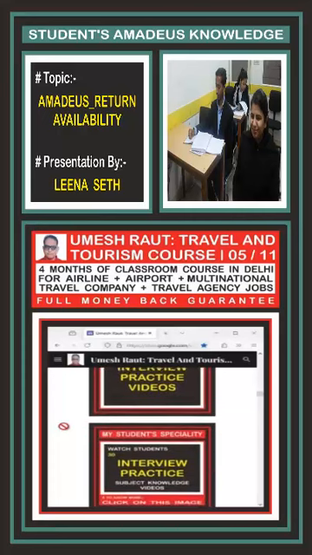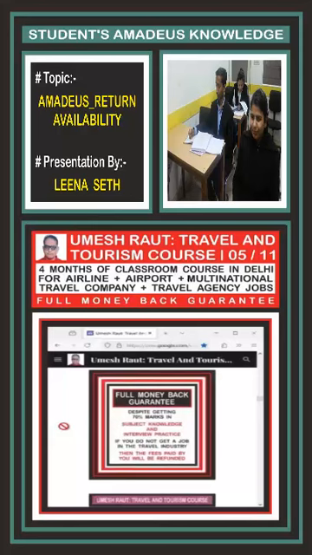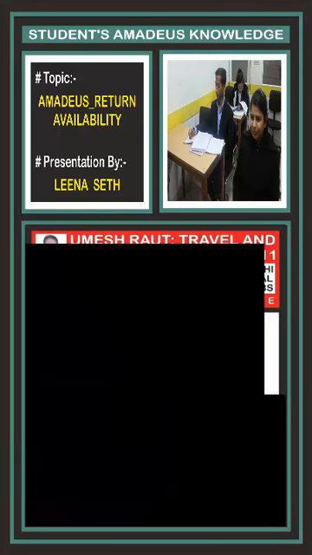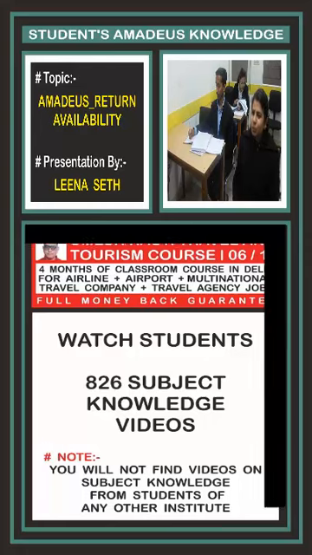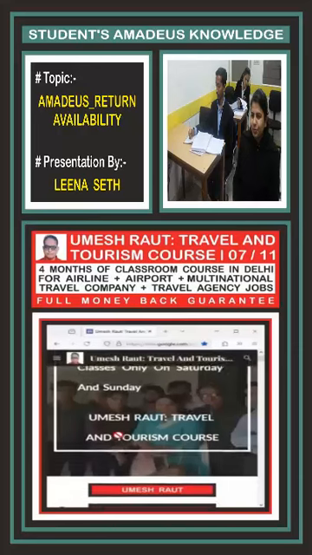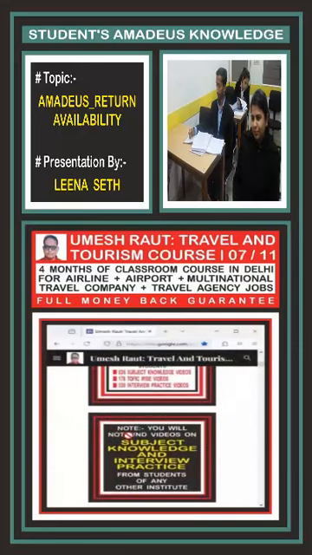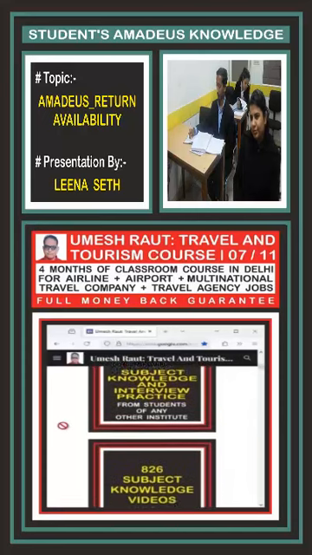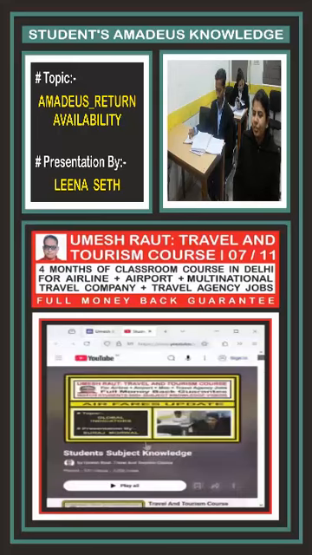If you want to see the flight availability of One World Airline Alliance from Delhi to Bangkok on 15th March, what command do you give? AN star O, then departure date, departure airport code, arrival airport code. Right. If you want to see the flight availability of SkyTeam Alliance from Delhi to Bangkok on March 15, what command do you have to give? AN star S, then departure date, departure airport code, arrival airport code.